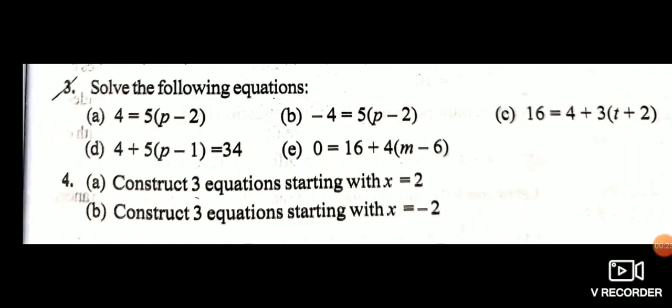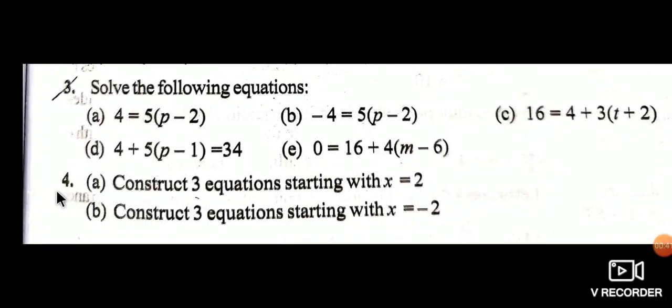Good morning, dear students. In your previous class in the chapter Simple Equation, you solved the exercise 4.3 problems up to the third one. Today we shall move on to the next, fourth problem. That's the last problem in exercise 4.3 of Simple Equation. The third one is already over. I also gave one homework for you, but some students solved it and someone didn't, so please try to solve that problem.